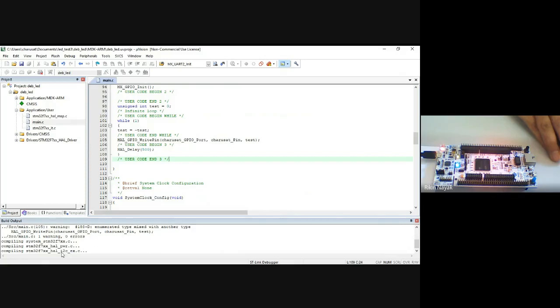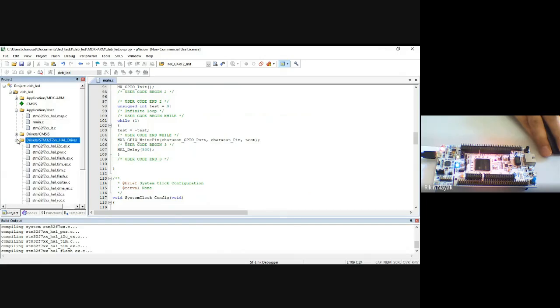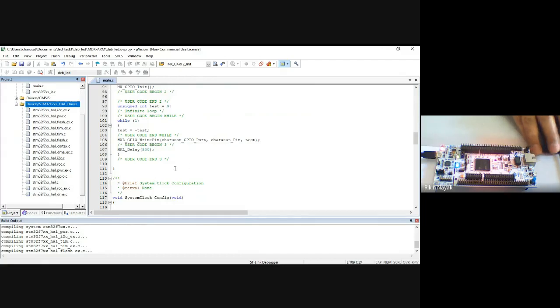It is compiling I2C, PWR, and will compile all other peripherals, because here you can see along with our code we have supported files also, right? Flash, timer, DMA, GPIO. So while compiling the code, it will compile all these files, right?